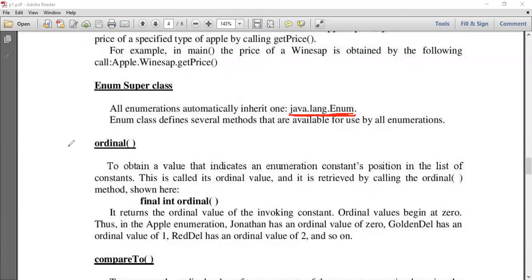Here 3 methods are present in this class. The first one is ordinal. This ordinal indicates the position of a particular constant in the list. In our previous example, Sunday was in the beginning, right? So the ordinal position of Sunday is 0, and ordinal values always start with 0.